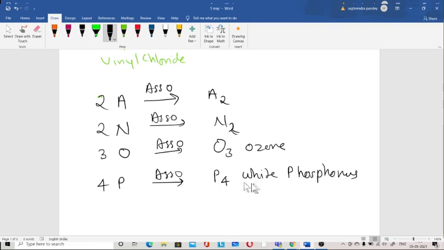Okay, there are different kinds of phosphorus, so one of them is white. Suppose we take 8 sulfur atoms and they undergo association to give S8. This is called rhombic sulfur. There are several kinds of sulfur, like rhombic and monoclinic. So this is called association. Now all these are single entities. First you have to understand this one. Understood this, everybody?